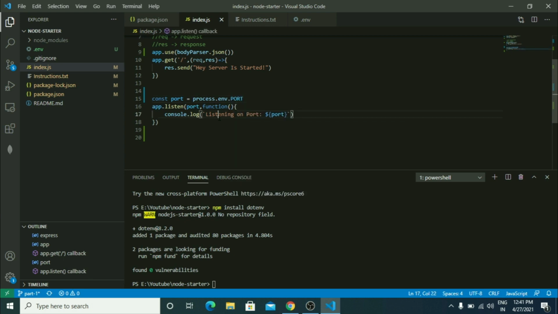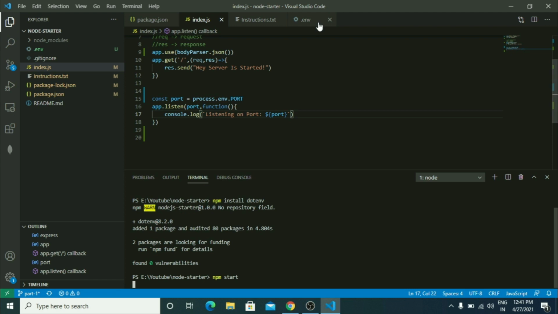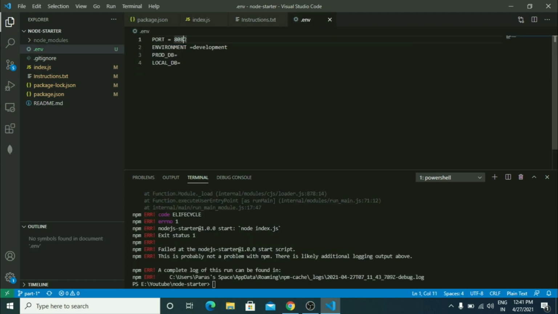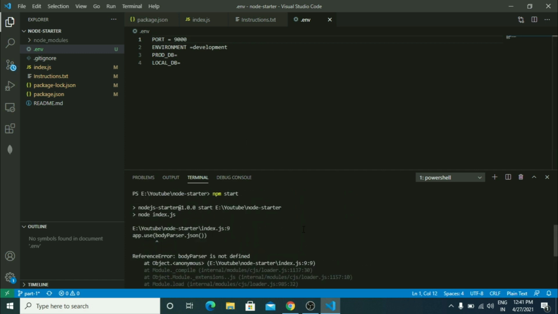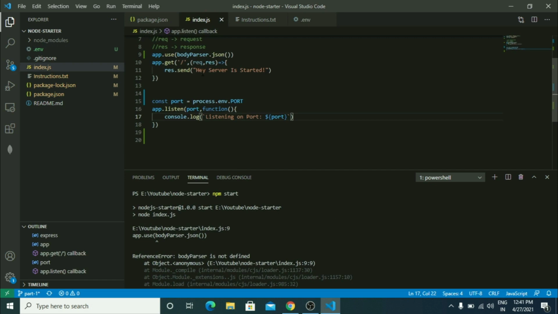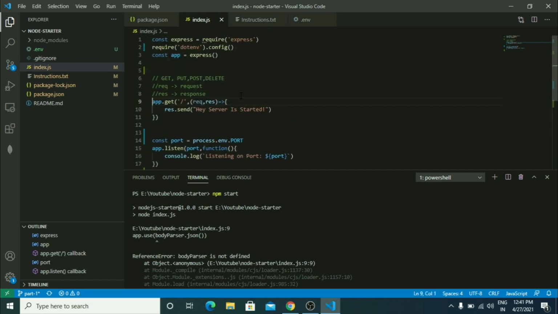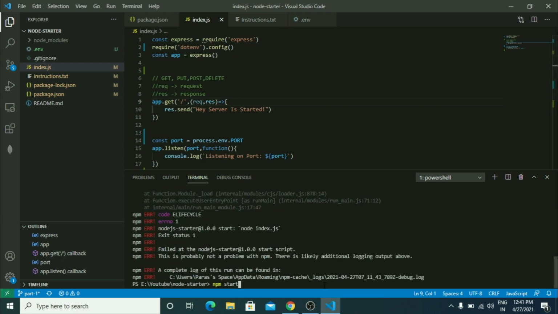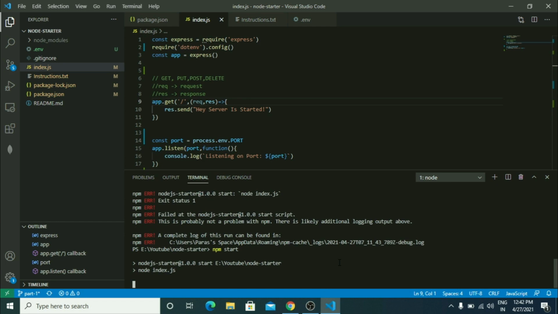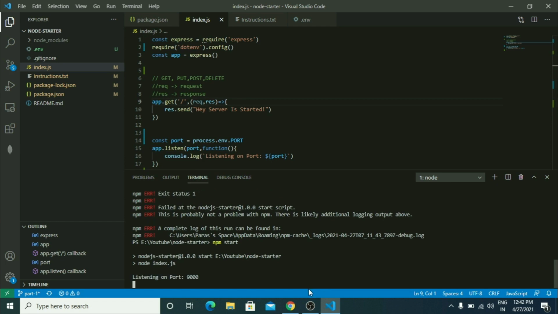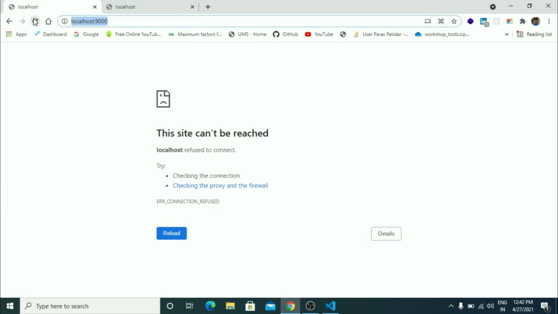Now let's start our server. Npm start. You will see earlier it was 8082, but now the port number is, okay, I'll change the port number again, just a minute. Okay, so there is a code. For now remove this statement. I will tell you what body parser is in later videos. Let's start again. So here the server is running on port 9000. See, if I reload this, the server is started, right?